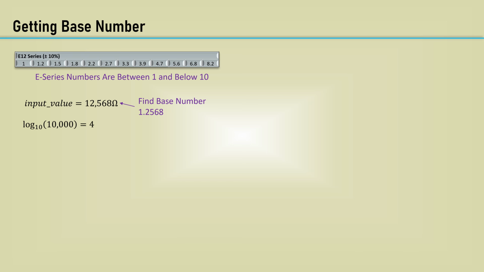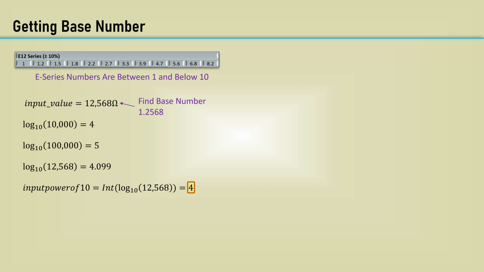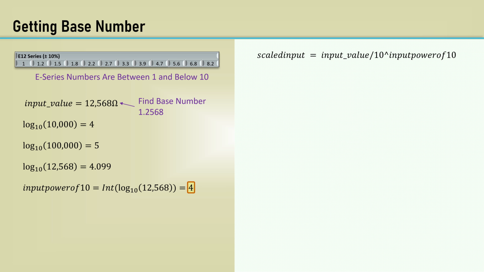The log base 10 of 10,000 is 4. The log base 10 of 100,000 is 5. So the log base 10 of 12,568 will be between 4 and 5, which comes out to 4.099 rounded. What I'm calling the input power of 10 is the integer value of 4.099, which is 4. Scaled input is the input value divided by 10 to the power of the input power of 10, which is